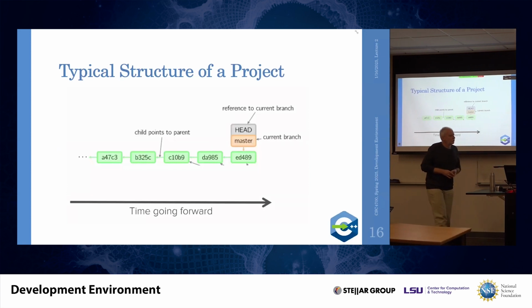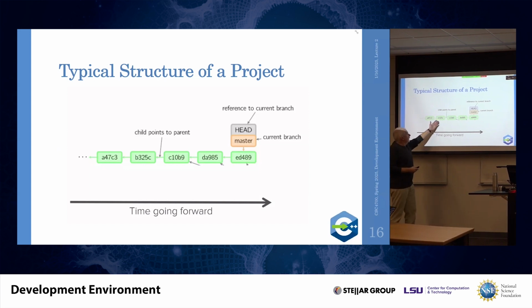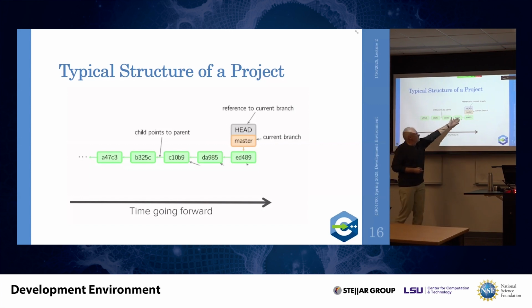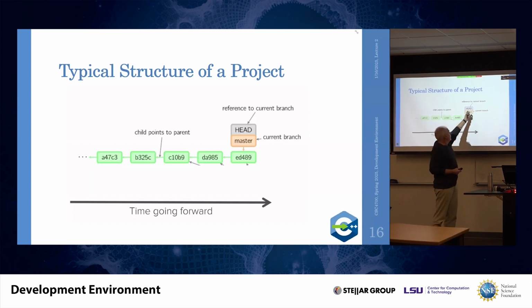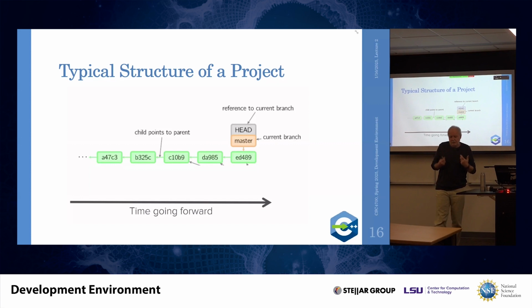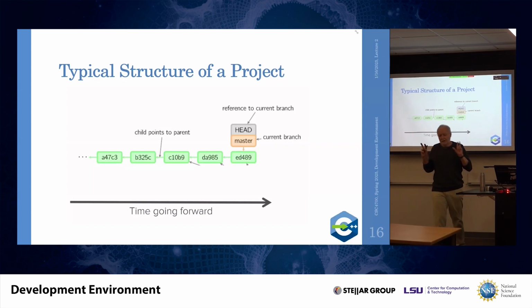And here is an example of how that looks like. So we have a sequence of commits, and every commit refers to the parent. That one refers to its parent. That one refers to its parent. And over time, we get that sequence of commits, which is a branch. In this case, it's a master branch. The top of master, the latest commit on master, is by default called head. So you can always refer to the latest version of the software using the head label.